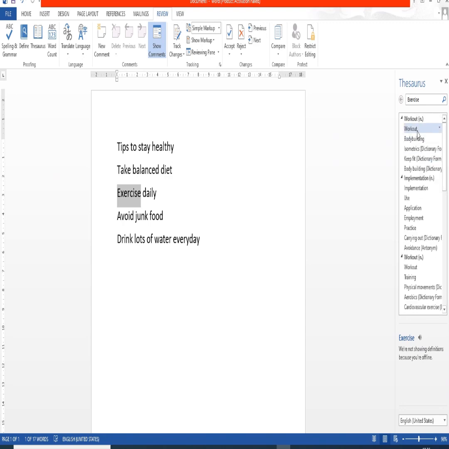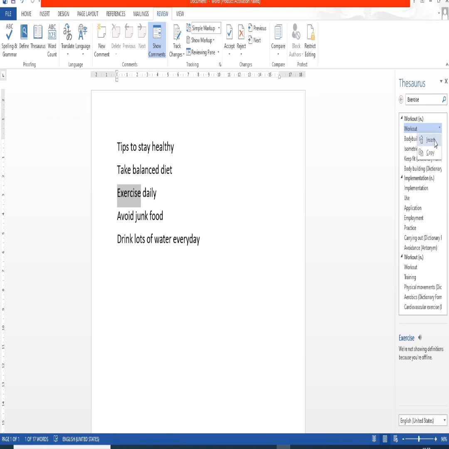Like if I want to place the word workout in place of exercise, I want the word workout. So I will click on this drop-down arrow that is showing near the word and click on the Insert option.